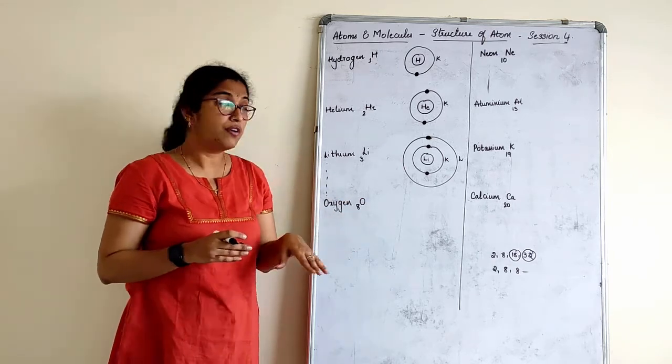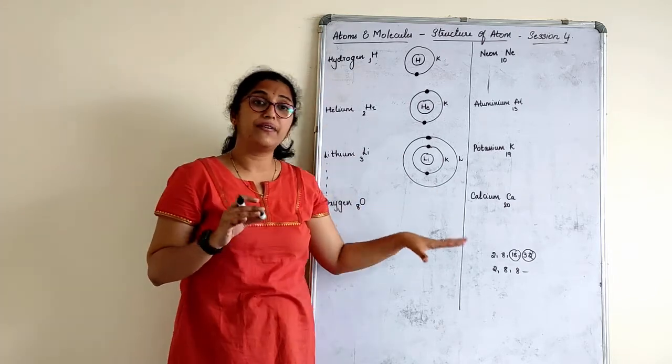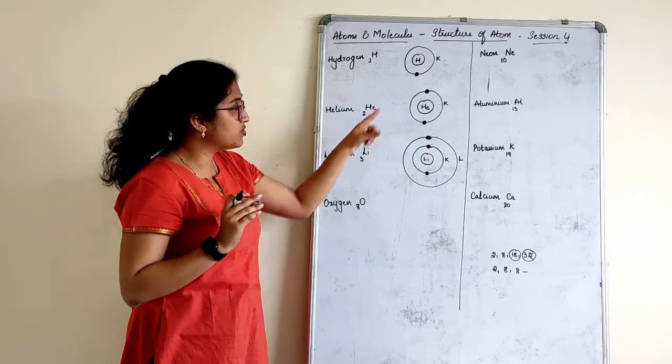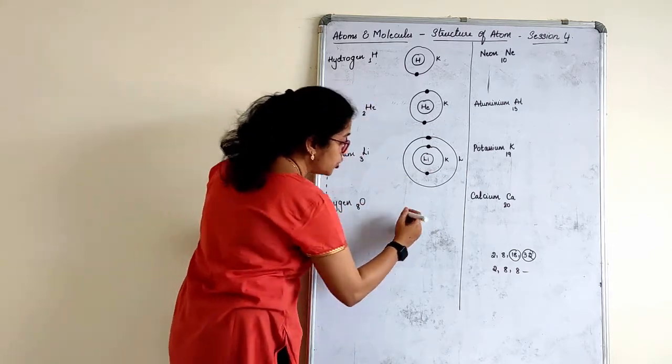Now I have skipped and I have gone to oxygen, right? But what is your homework? You should do it right from hydrogen 1, 2, 3, 4, 5, 6, 7, 8, 9 up to 20. I have just written 8 of them to show you all how to do it, right? I'll go to oxygen now.